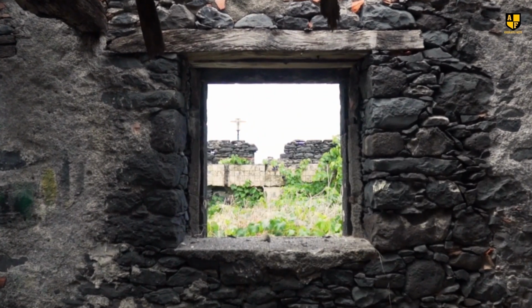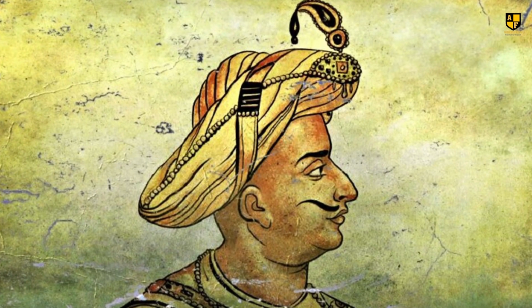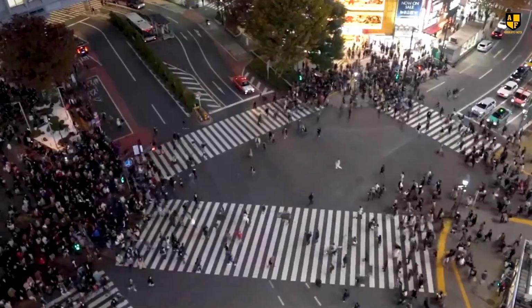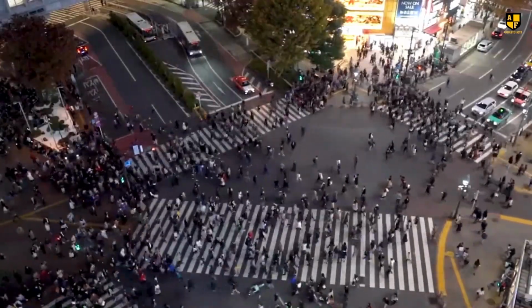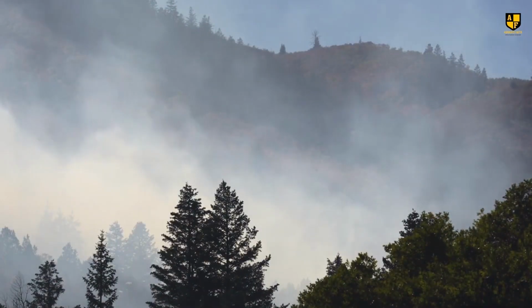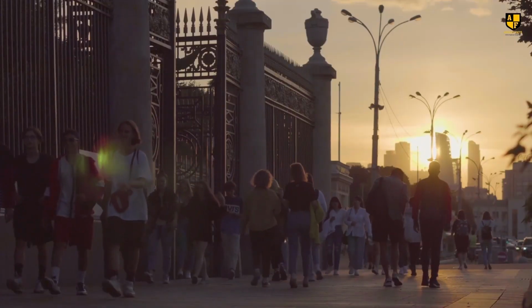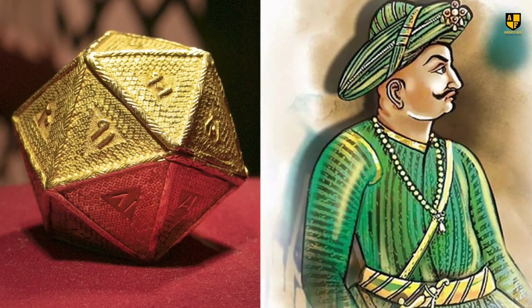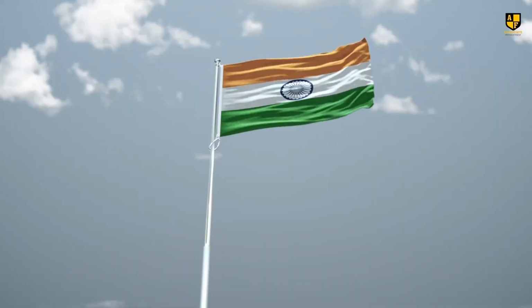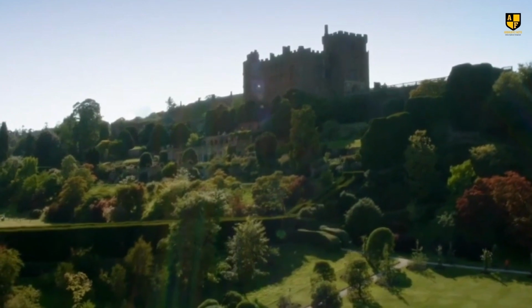Each discovery offered a window into Tipu Sultan's opulent reign and the vibrant history of India. It was like stepping back in time, surrounded by the splendor of a bygone era. Word of the discovery spread like wildfire, drawing people from far and wide to witness the wonders of Tipu Sultan's lost treasures. Indeed, it was a chance to connect with India's rich heritage and marvel at the legacy of a